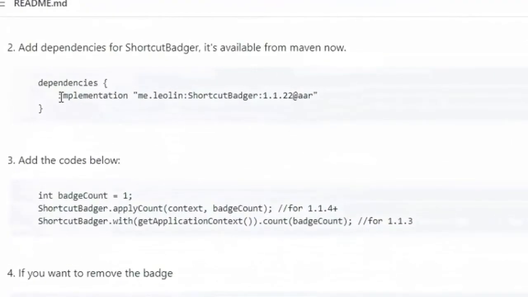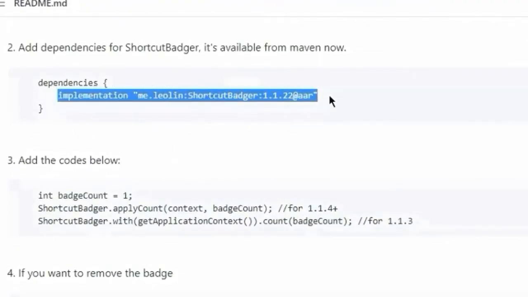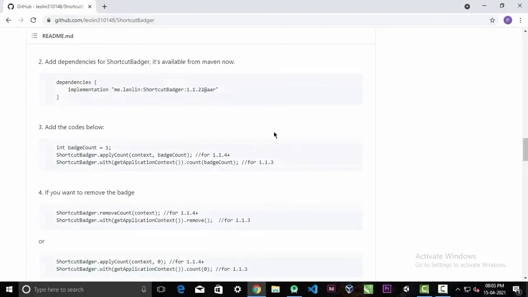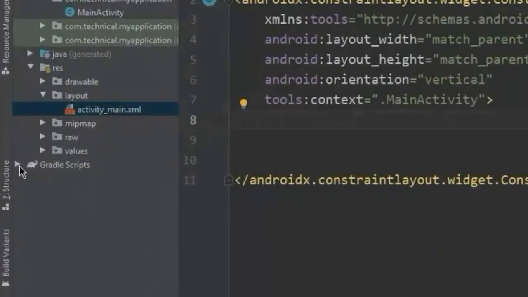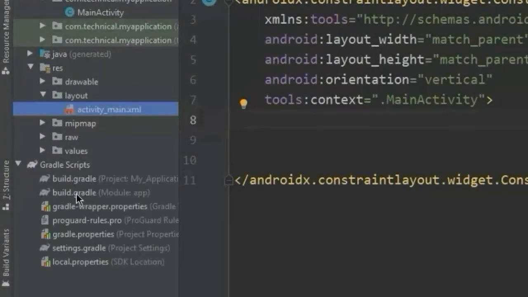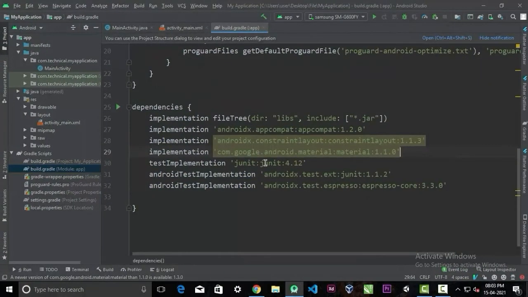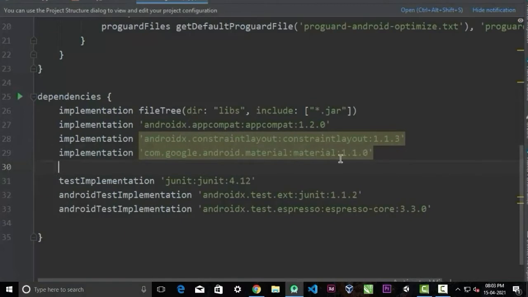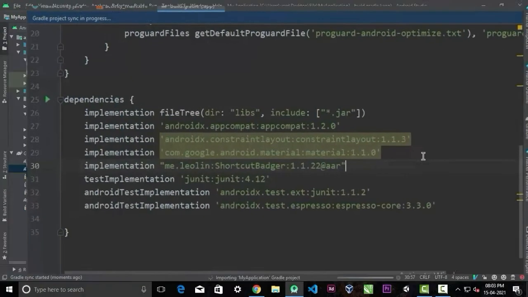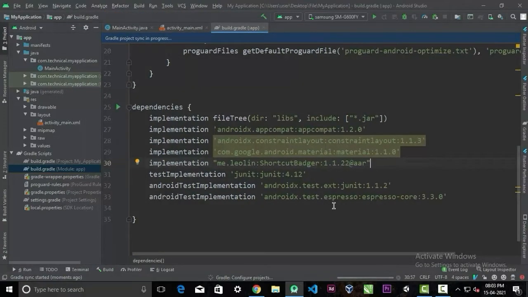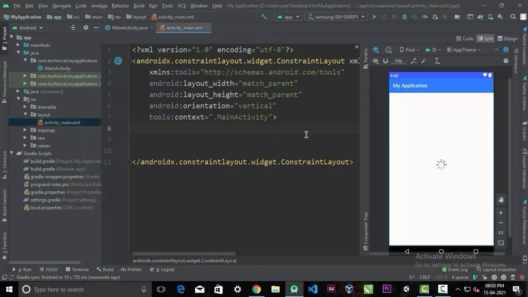To implement this, we're going to simply copy the dependency, and in your Android project go to the build.gradle file, module app in its name, paste this dependency and sync your project. Wait for some time and make sure you have an internet connection available. After synchronization is finished, we can add it in our Android app.